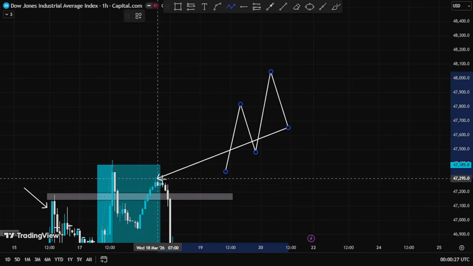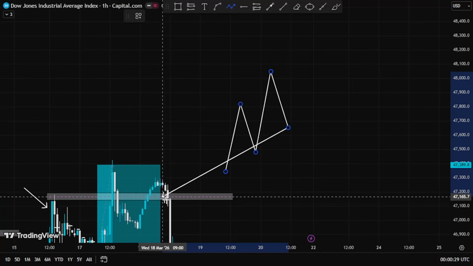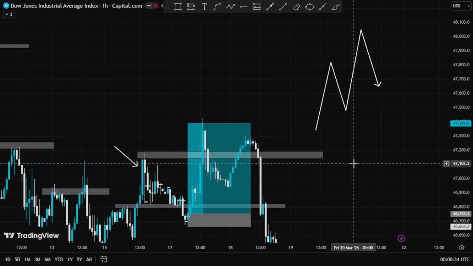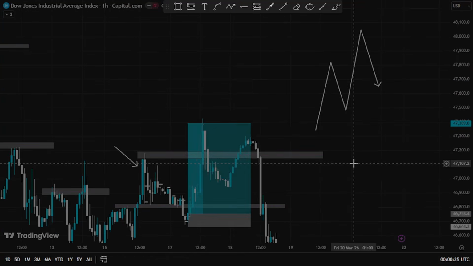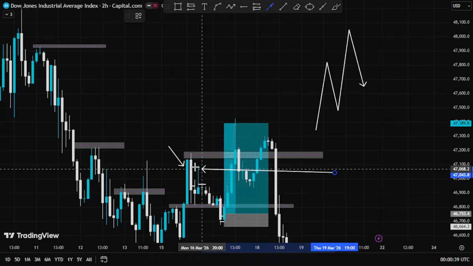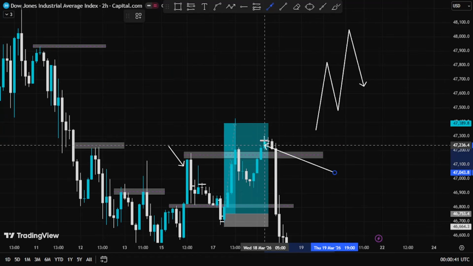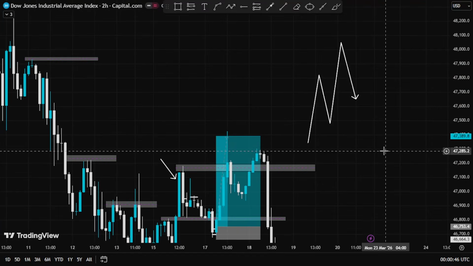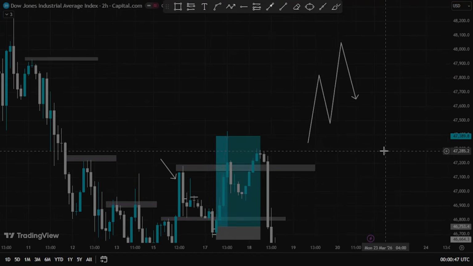Although I saw the signs, I just thought that maybe price would just make a higher low. I don't know why I rejected the signs. But when I went to the 2 hour time frame, you could see that the 2 hour time frame actually made a higher low here, right? So I was thinking that okay, price would just make a higher low and then keep going. So when you go back to the 1 hour time frame,